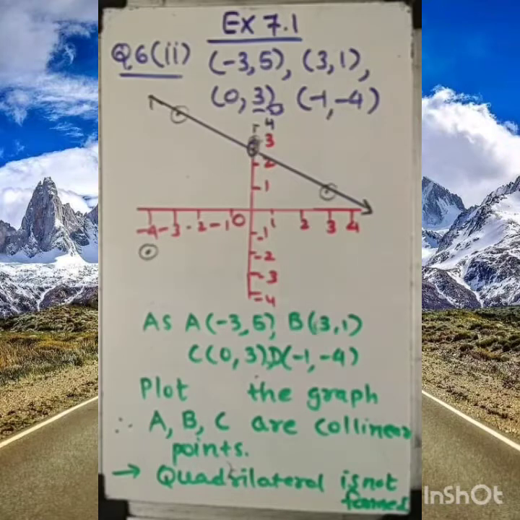But you will say, ma'am, if you go with AB, BC, of course you can go, dear. If you find AB, BC and the other sides, then you will find that the length of one side must be the sum of the other two sides. Again, in that case it will be collinear. So for question number 6, second part, the points which we are given are collinear, so they are not forming any quadrilateral. Clear?